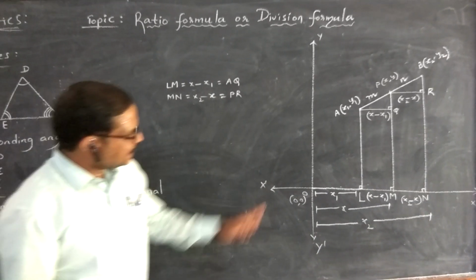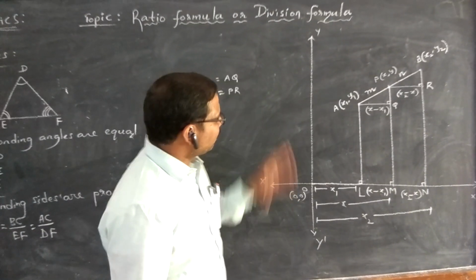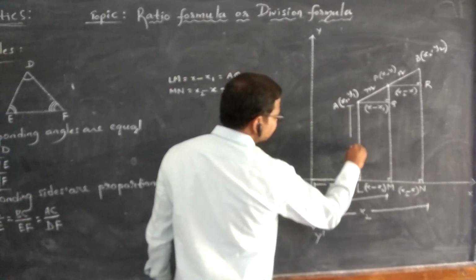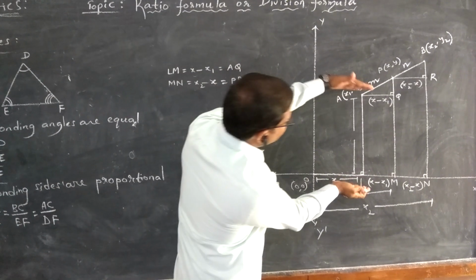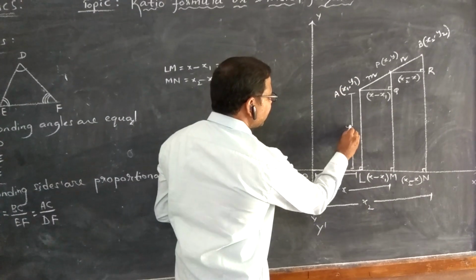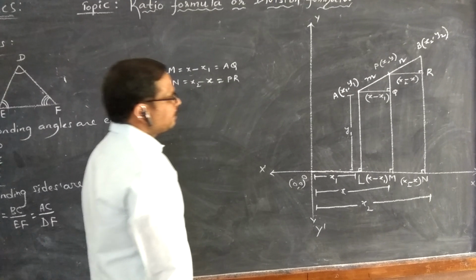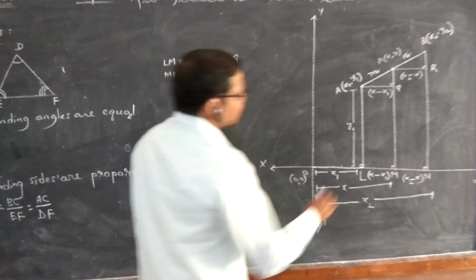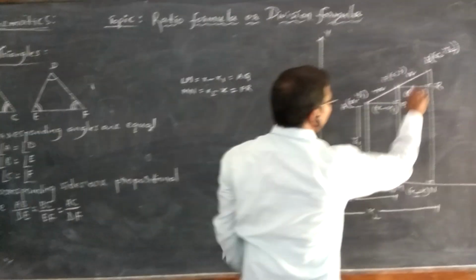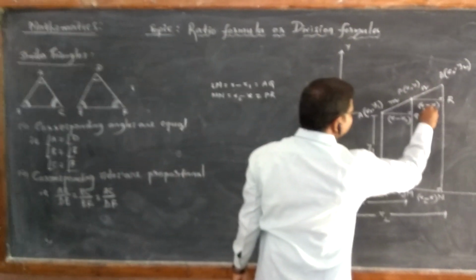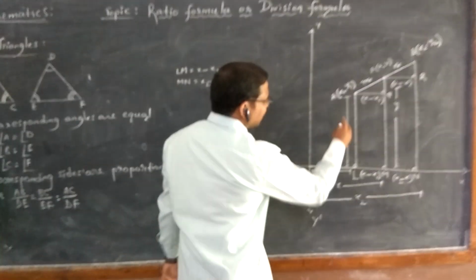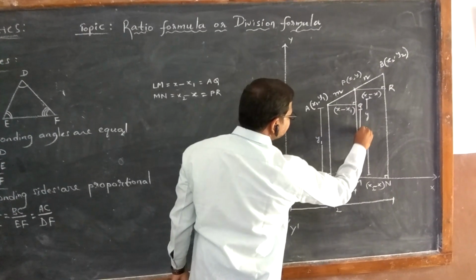Right? This is about x coordinate. Now come to this. What about this distance? This total distance is nothing but y coordinate of A. What is the y coordinate of A? y1. Next, what is the total distance here? This PM, y. Total distance is y. This is total distance, and this is y1 now. So this is also y1.